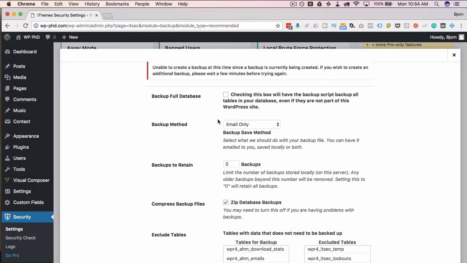What this means is there might be tables in your WordPress site that are not part of the site's function. Because it's a MySQL database, you can go in and manually add tables if you want. I've seen larger companies that do a lot of custom development on their sites with tables in their database that aren't part of their site. So they might want this option, but for normal users like you and me, this doesn't matter because we don't have any extra tables that aren't being used by WordPress.